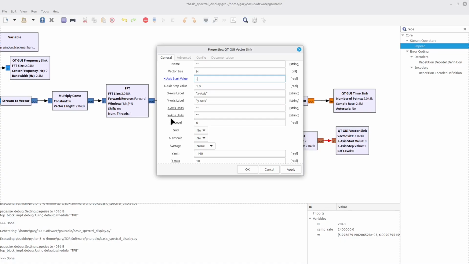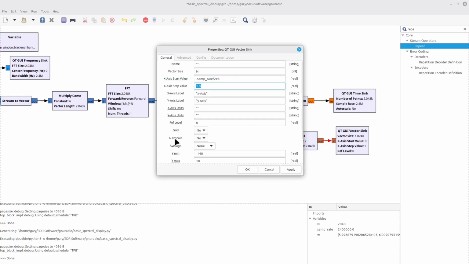So I'm going to say negative sample rate divided by 2. But that would mean that my scale is going to be in hertz. I'd prefer to either be kilohertz or in this case megahertz. So instead of saying /1e6, which would make it in megahertz, I'm just going to say divided by 2 million. So in other words, minus samp_rate /2e6.